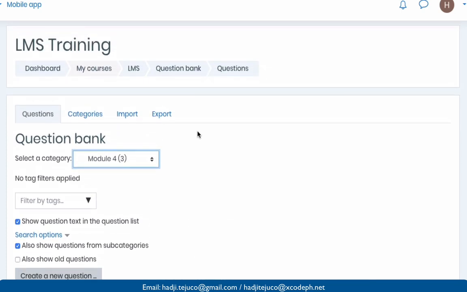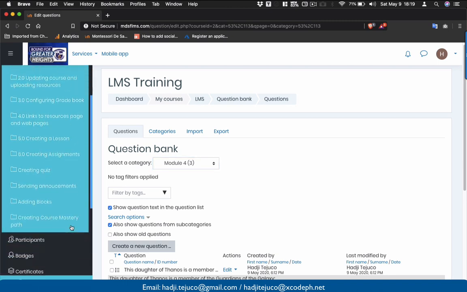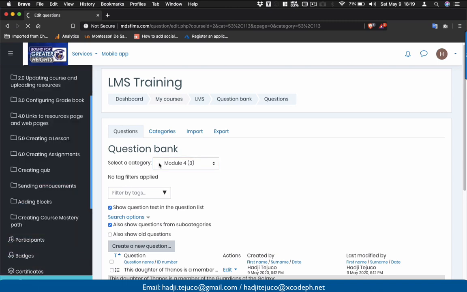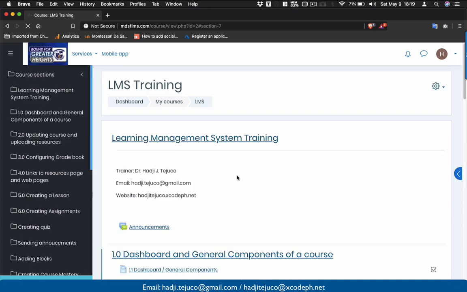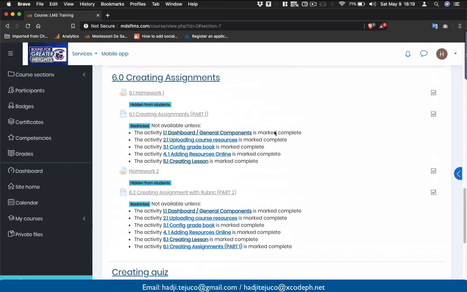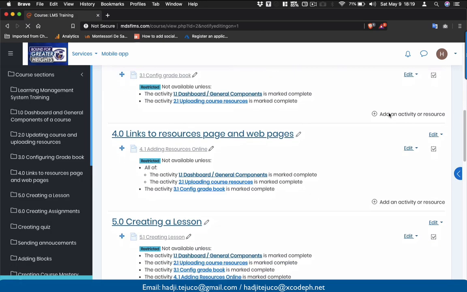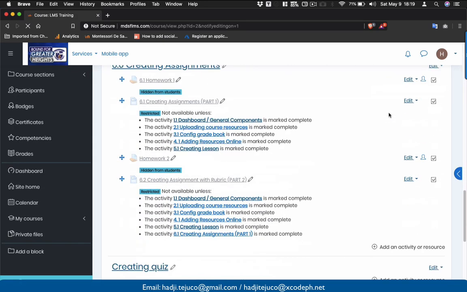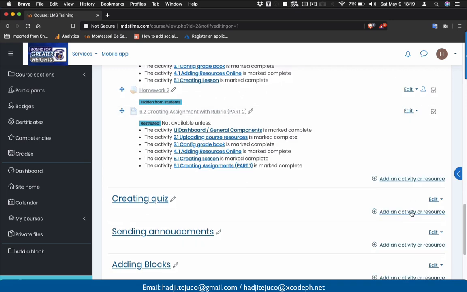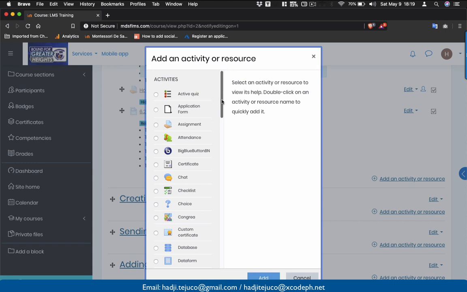So after you have created the question bank, the next step is you go back to our course. So let's go back here, creating quizzes. Let's say I want to place the quiz in this section. To do that, you need to go up here and then turn editing on. So we need to add the activity quiz now. So you scroll down here and then click here, add, and then let's look for